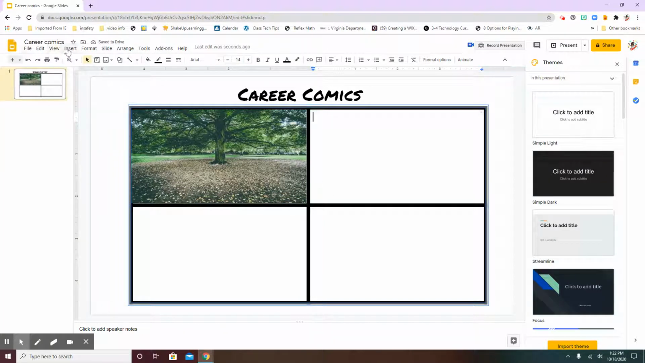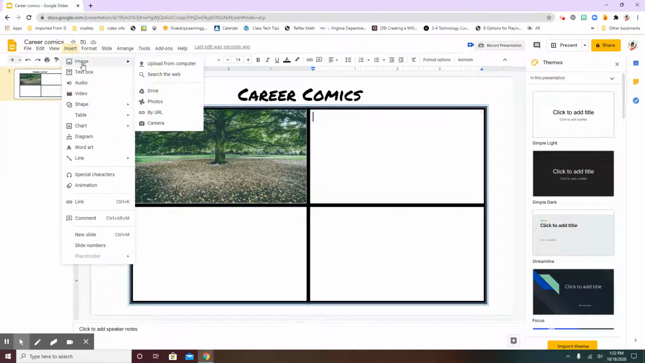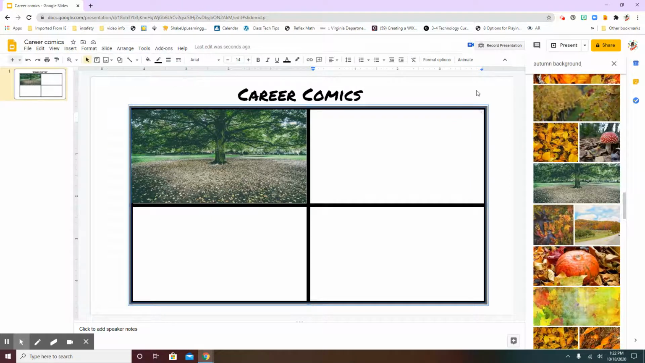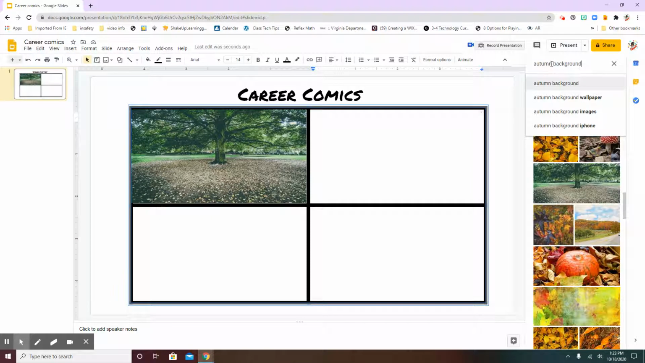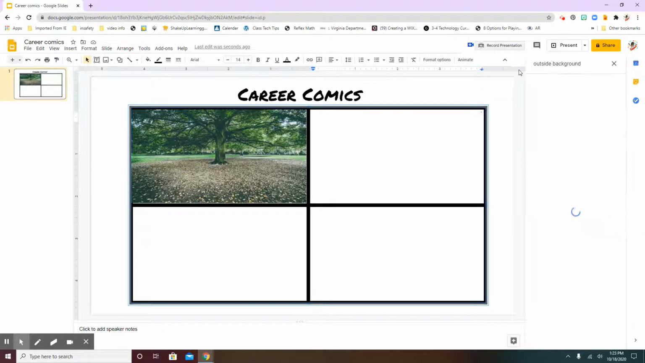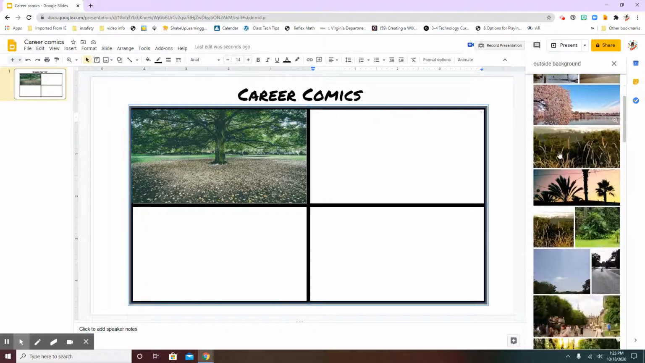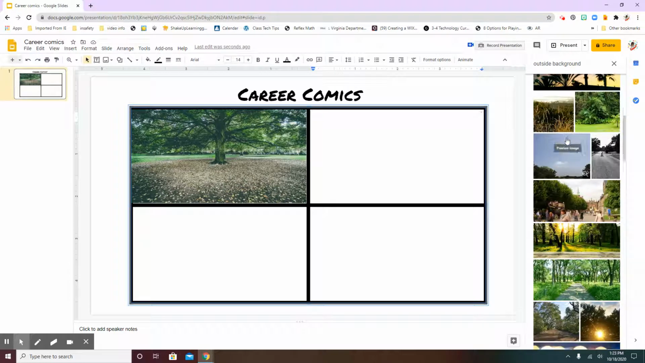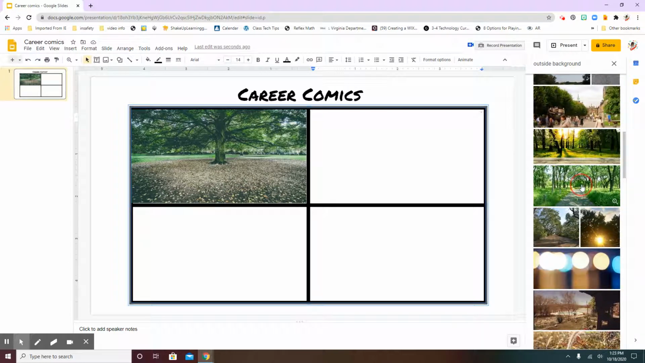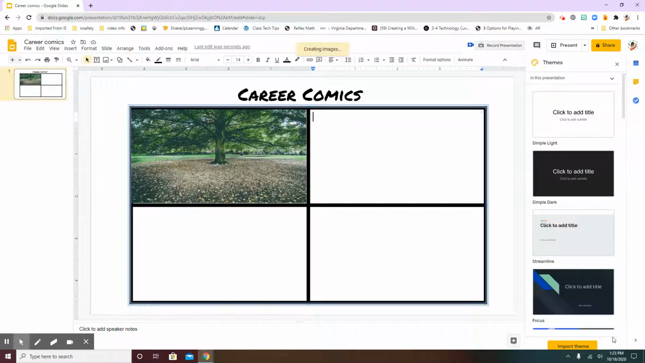So I'm going to go to Insert. I'm going to go to Image, search the web. And instead of autumn background, I'm going to say, I'll just say outside background and see what happens, okay? Because I really don't know. Oh, wow, these are nice too. Outside background. Let's try this one right here. Press Insert,